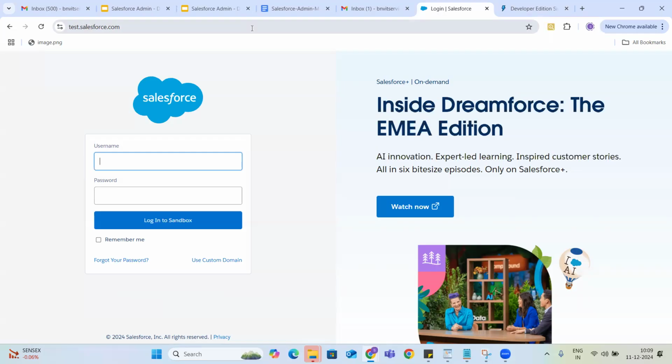Then the question comes here: what is the difference between login.salesforce.com and test.salesforce.com? This is one of your interview questions, guys. It doesn't come in all interviews, but sometimes it will come. They'll ask you, what is the difference between login.salesforce.com and test.salesforce.com? Then you should say